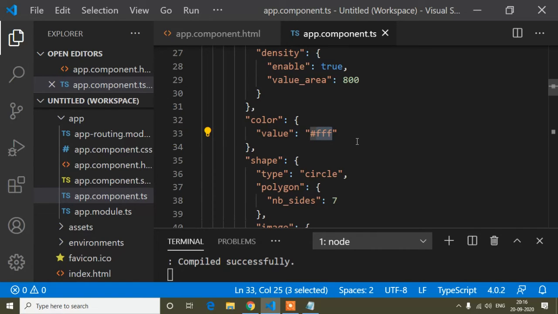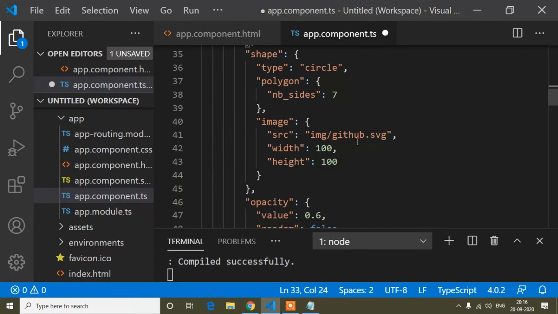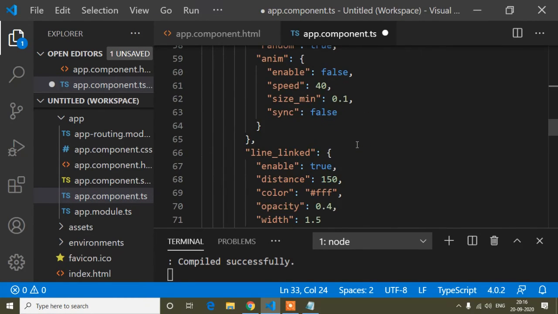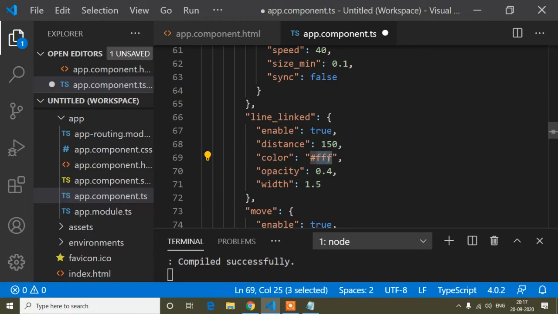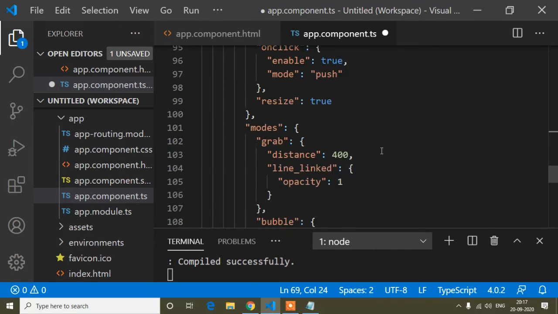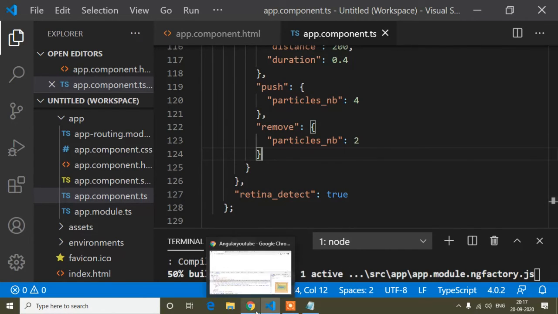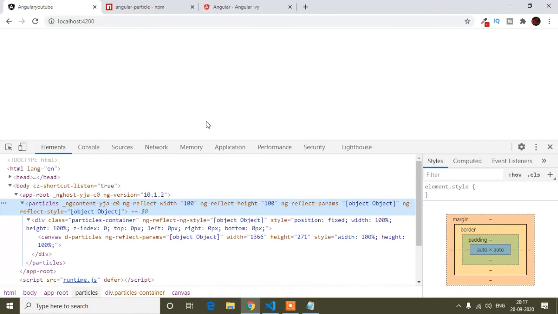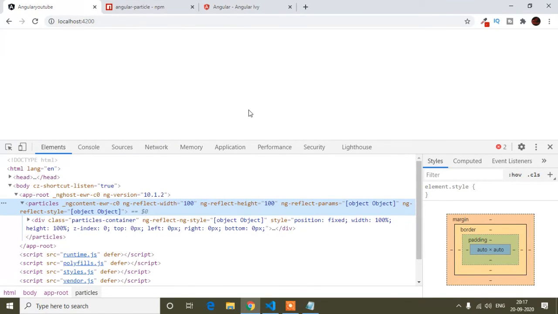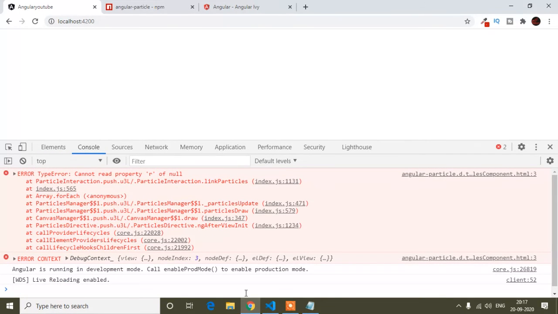So just I will change the color here. I will write the color is red, and the different place here also white, so I will change all the colors to red. Okay, so now it should come here. Something is wrong again.